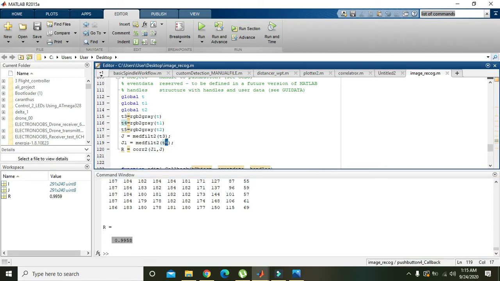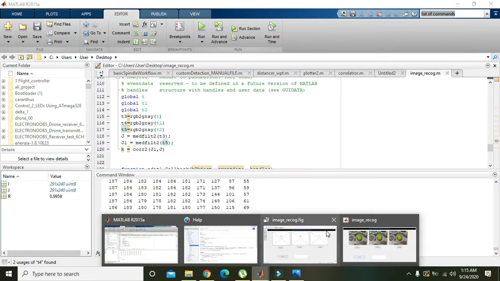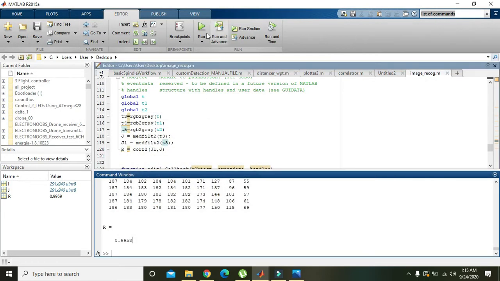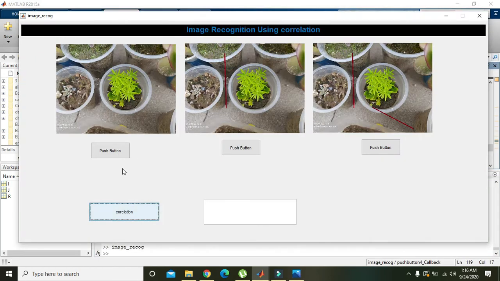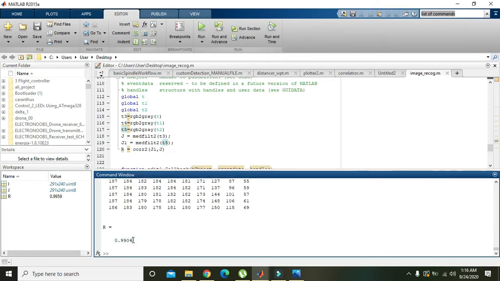But when I convert T4 into T5, the correlation value must decrease. Why is it so? Because there is a little difference between first and second, but more difference between first and third. There is the difference of these two lines. So we will see that the correlation value must decrease. We will run it. Okay, now you can see that both the values have decreased. So hopefully you got the concept.